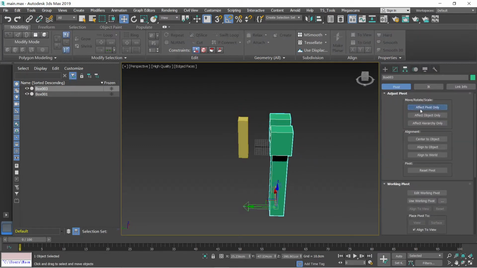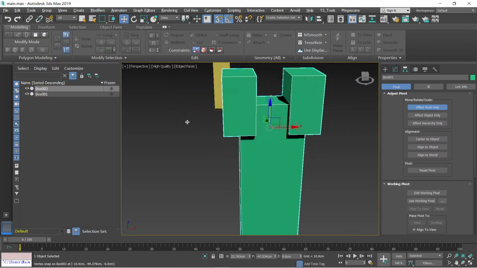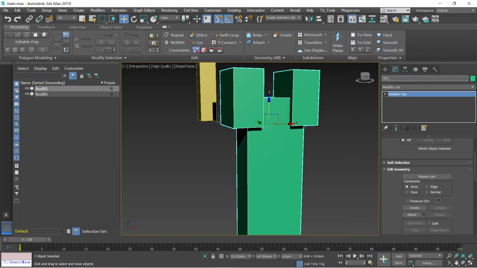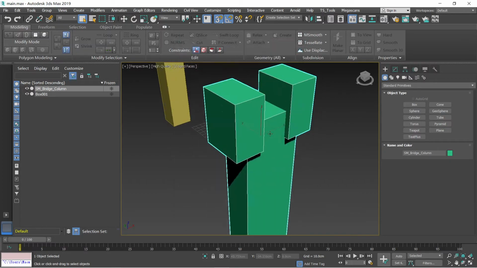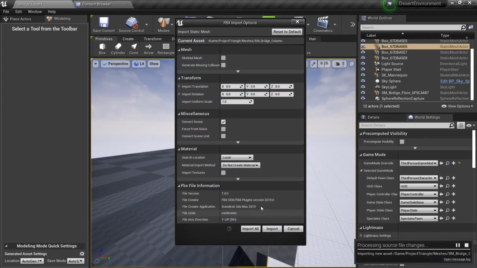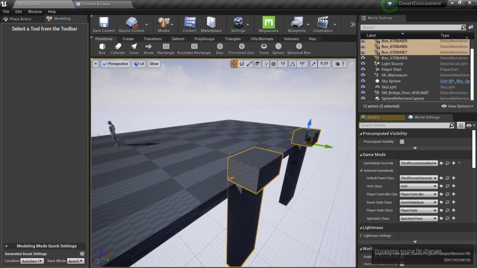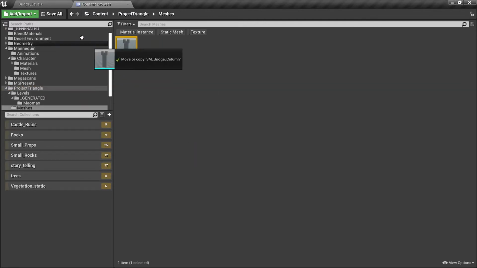And what I'm gonna do is to create my pivot point, center, go here, and I can put it here. You don't need to be too critical about it. So this will be our SM breach column. All right. So let's go to our FBX export, click OK, and then go back to our descent environment, import. Okay. So let's delete this one, and let's just go to our project triangle and let's try to